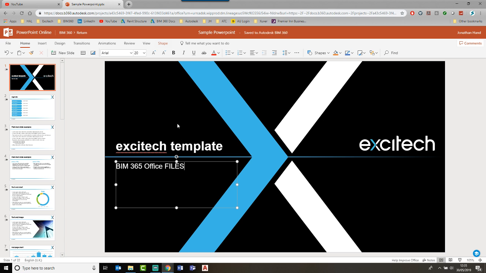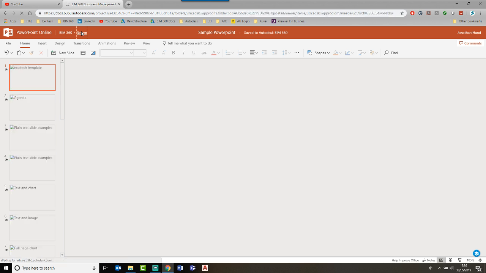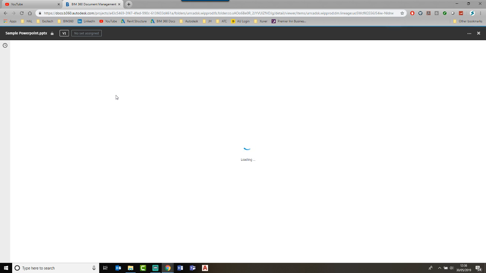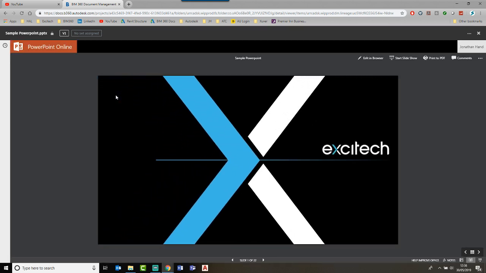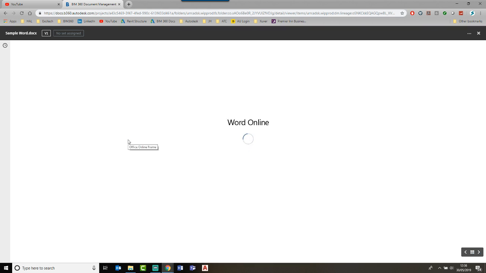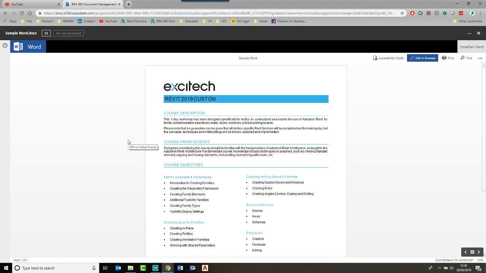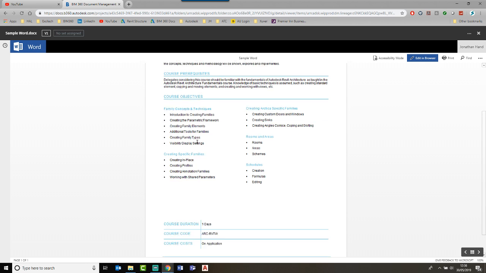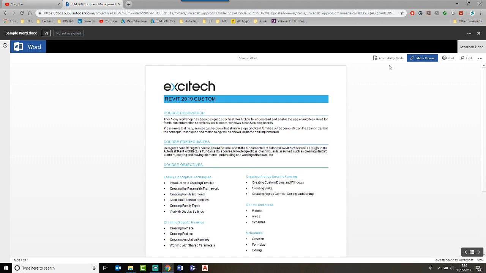let's say something like that, and then I can click return, and the same instance will happen again, that it will update, or in theory update the version, and then I can just close it down, and then I'm back into here. If we look at the Word document, again we click in, it opens up the same principle where I've got a Word document, and if I edit in the browser,